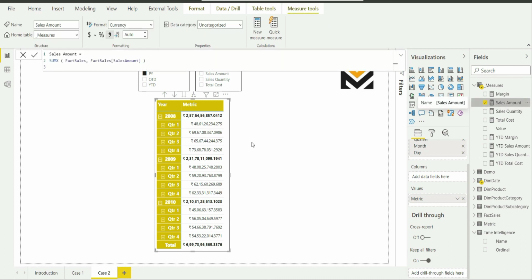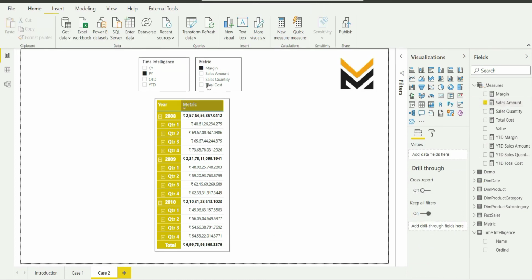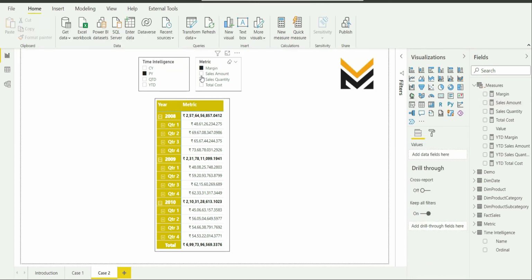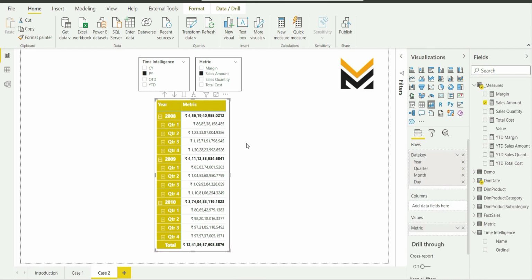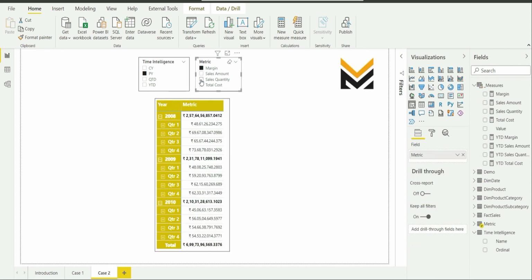Now you can see that if I change the filter for metric, the numbers are changing. Then what is happening here? I have used sales amount as the field, but if I select any of the filters, the value changes.